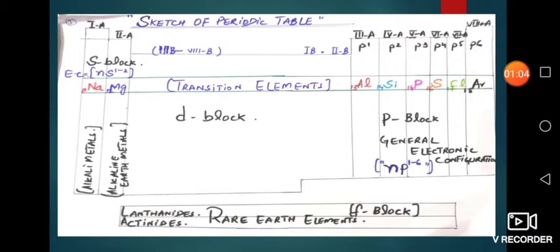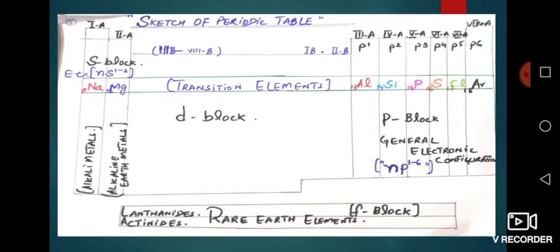All elements of the S block are metals except hydrogen, which is a non-metal. When we look at the right side of the periodic table, the P block is present, which consists of 6 groups from 3A to 8A. The P block consists of metals, non-metals and metalloids. In the center, the D block is present, which consists of transition elements, while at the bottom, the F block is present, which consists of lanthanides and actinides.